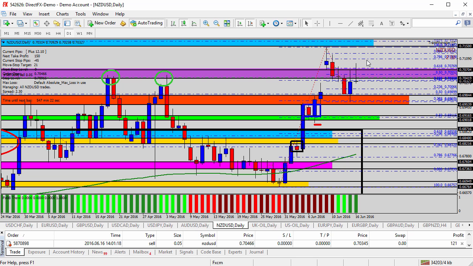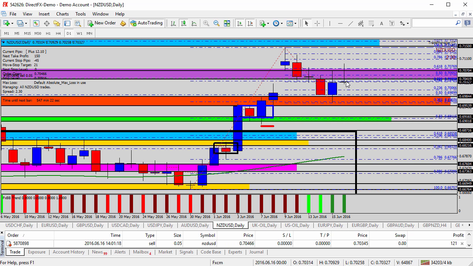At one point, the current daily candle, let me zoom in one more time, at one point the current daily candle was a big blue candle sitting above the 7,070 level, the purple shaded area. Now we've seen an influx of sell orders driving it back down underneath that purple zone, giving us a clue that sellers are still interested in this currency pair.